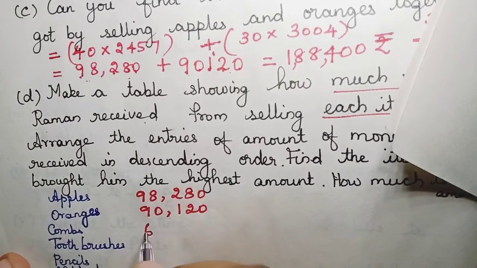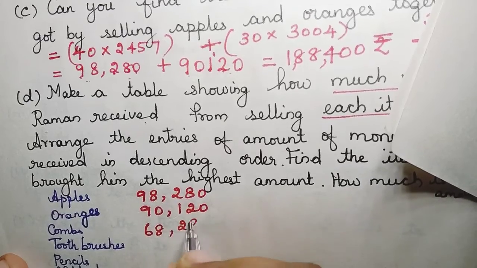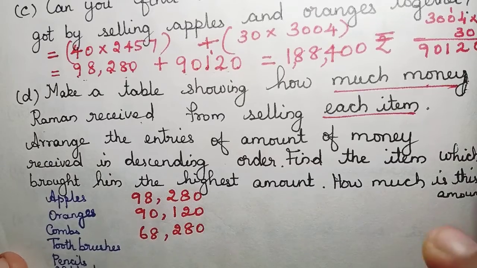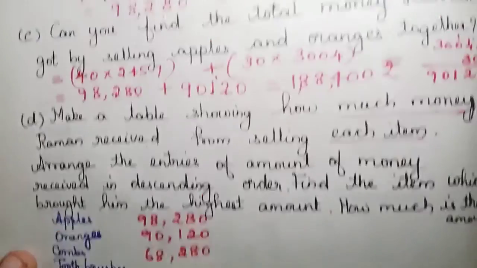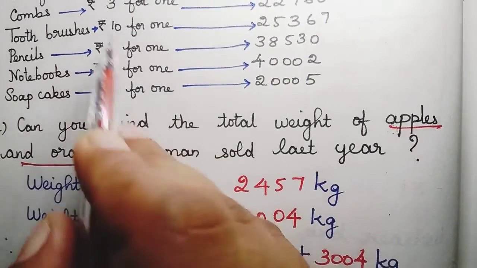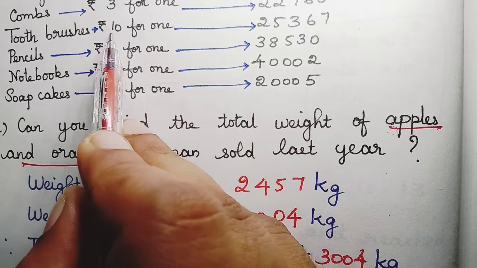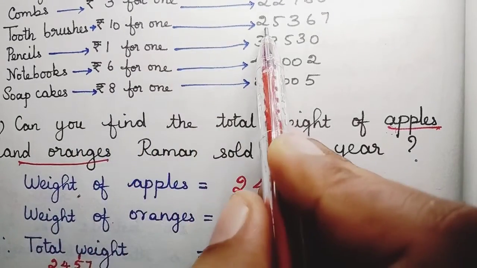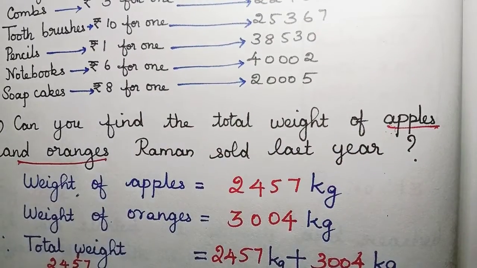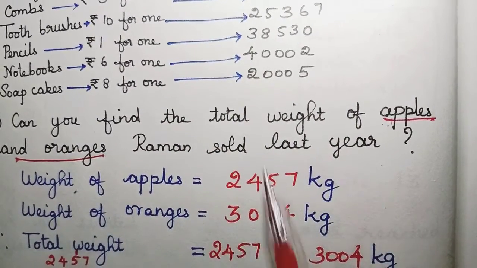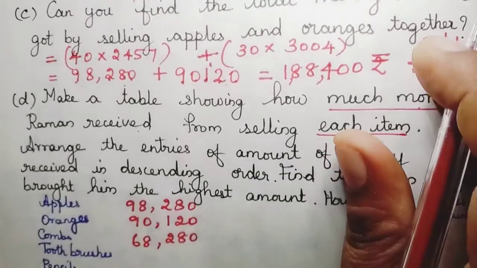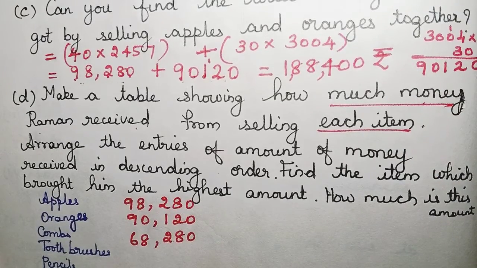For combs it is 68,280. Okay, for the next one it is toothbrush. We will find out the value for toothbrush. Here for one toothbrush, the rupees is 10. So you have to multiply 25,367 with 10. No need to multiply individually, just put a 0 here. So the answer for toothbrush is